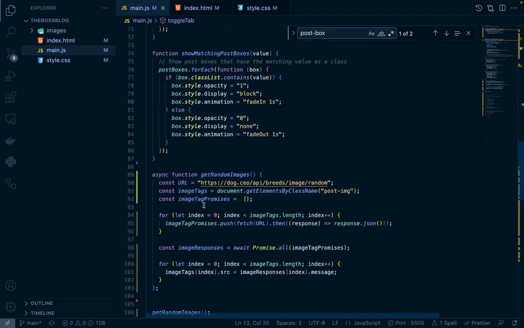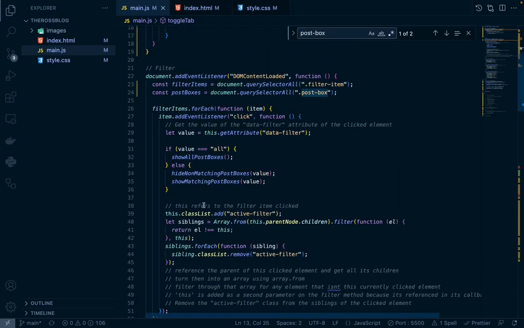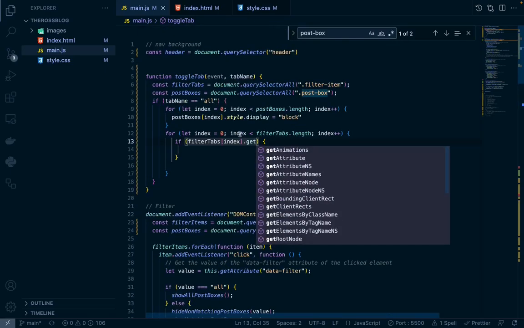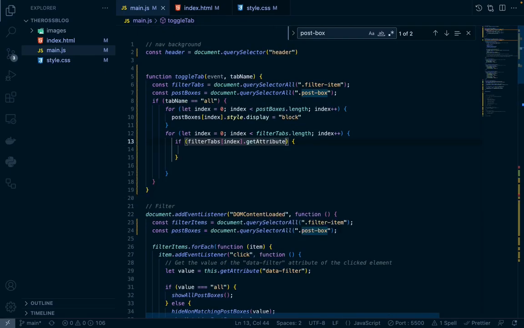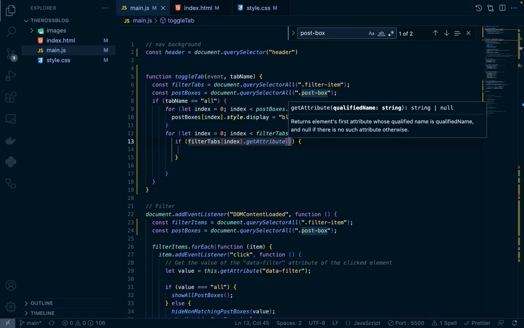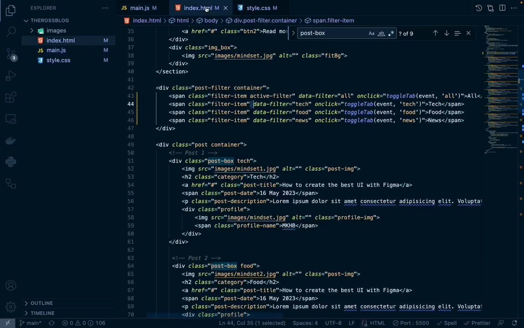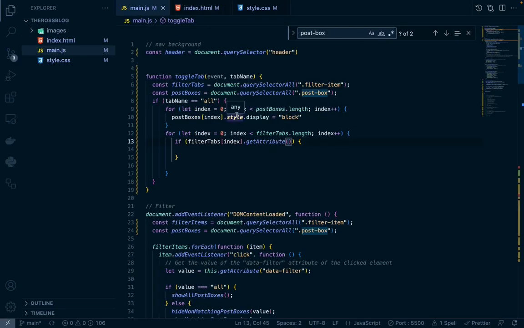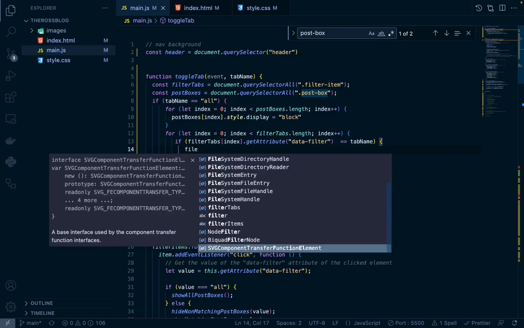I believe you did something similar. Get the attribute which is data-filter, and if that data-filter is equal to our tab name, we can then go ahead to say the particular filter tab index